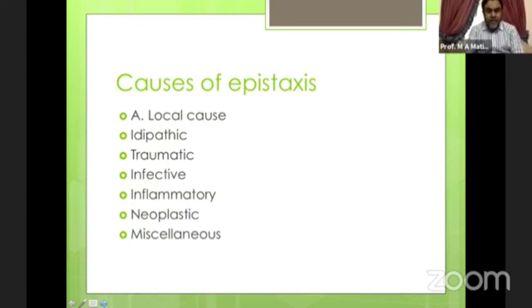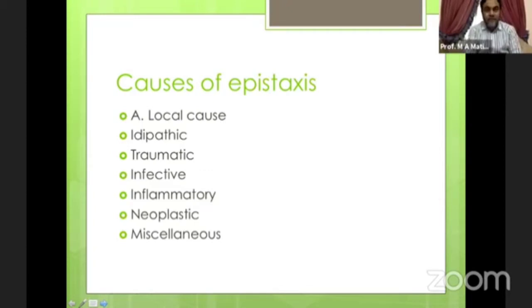Infective, maybe rhinosinusitis or rhinitis. Inflammatory, as you know, chronic rhinosinusitis is an inflammatory or infective condition. A person may have Wegener's granulomatosis, tuberculosis, or syphilis. They all cause bleeding. Neoplastic conditions of the nose, or any tumor or polyp-like lesion, like rhinosporidiosis, which is a